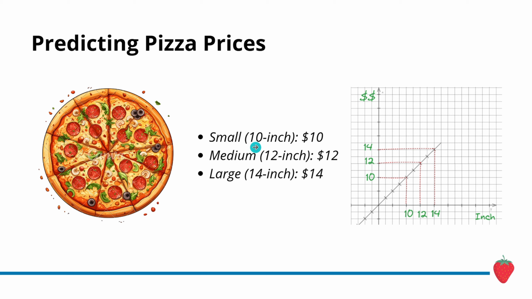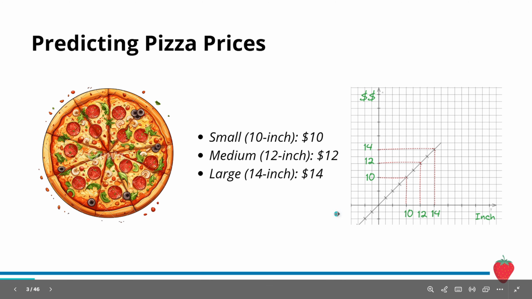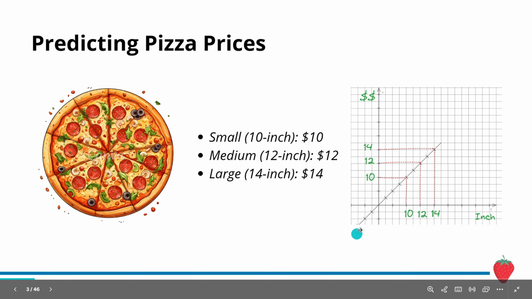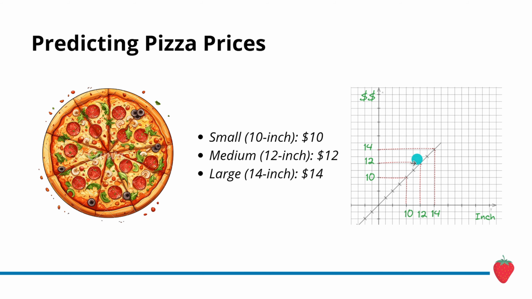The small one is 10 inches, the medium one is 12 inches, and the large one is 14 inches. You can see that there is a connection between the size and the price: the bigger the pizza, the bigger the price. We can visualize that as a simple function, a line, aka a linear function that crosses them, and with this data we can create this line